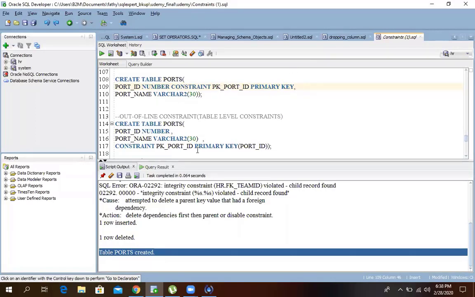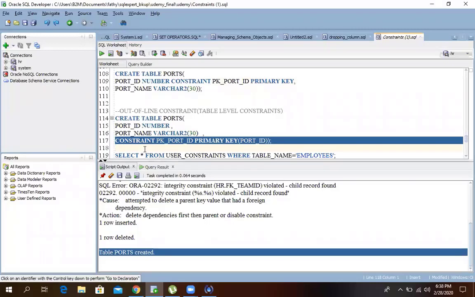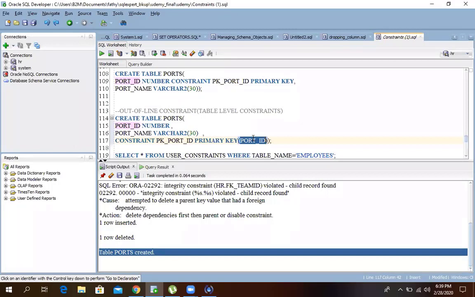But here it's not like that. I am just giving all the columns information, and at the very last I come here, so you must tell Oracle to which column, because you declared so many columns on the top. Oracle is not aware in which column we are going to create the primary key. So for that we give a column name at the very last in out of line. For the inline, you need not. Okay, I understand.